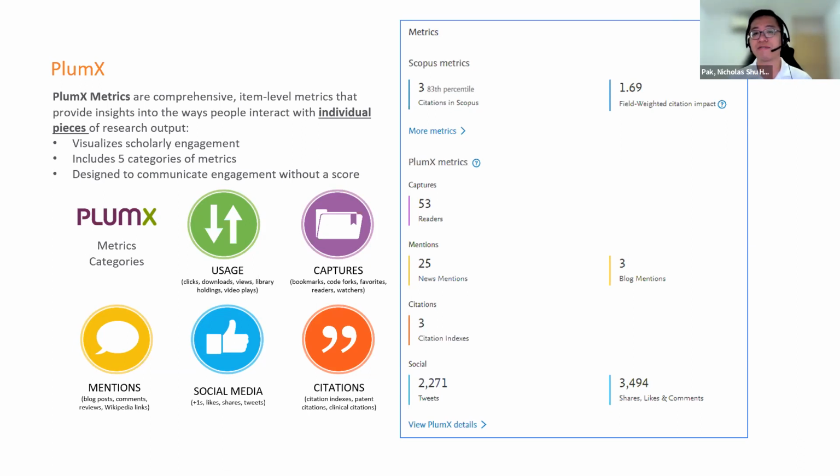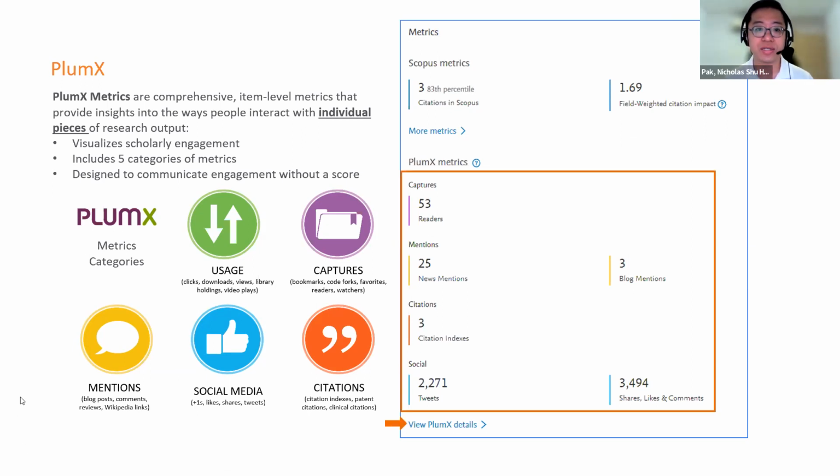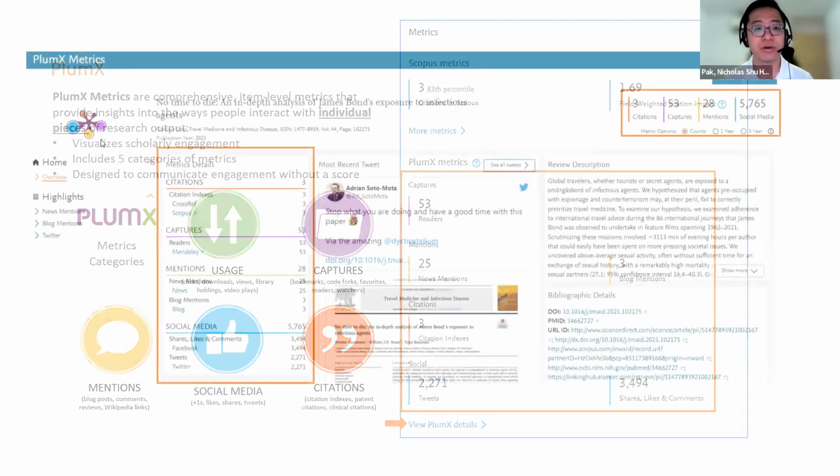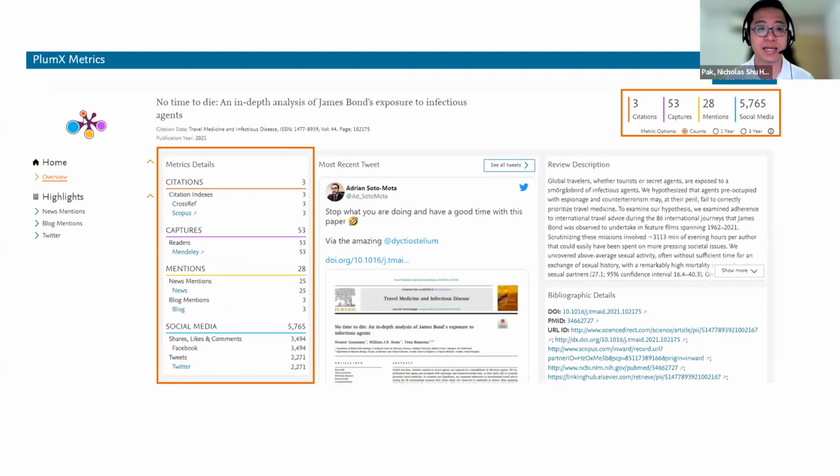So note, these 5 colors come in green, purple, yellow, blue, and red, right? And I like to call this a 5-leaf clover because we are using this to communicate engagement without a score, right? So this is how it looks. We can see in this case, citations is only 3, but there's a lot of social media traction coming to it, which is why it's a larger blue. We can see that there's quite a bit of it in mentions and captures,